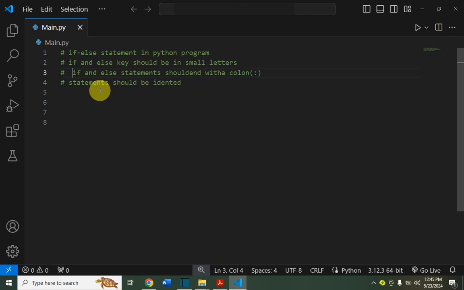So basically, for the if-else statement, just like the for loop, the if and else keywords should be in small letters. That's one thing to note about the if-else program. The second thing that you should note is that both if and else statements should end with a colon. Next, the statement under if and